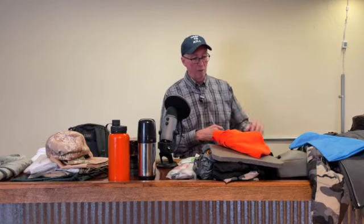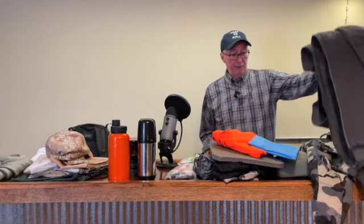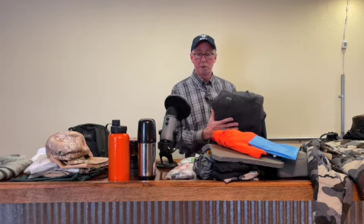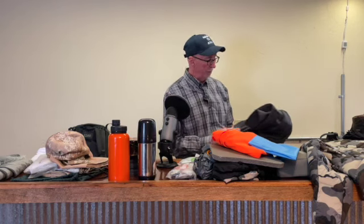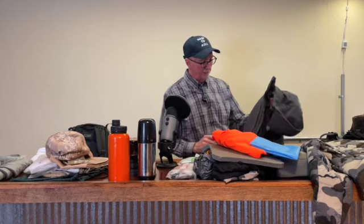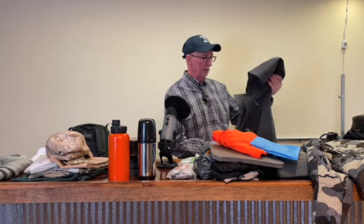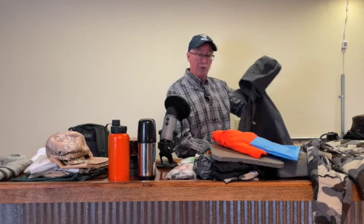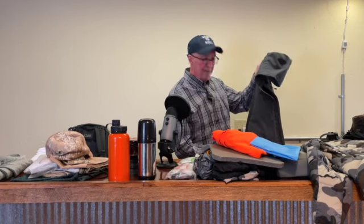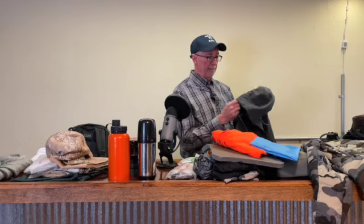covering me head to toe, and then I get to these outer layers, and this was just a great piece, and I've used this for several years. This is the Kuiu Guide jacket. I don't know for sure if this is the Guide DCS Pro. There might be some other words like this, but it was their premium soft shell for several years. And even in this world of talking about active insulation products, I really have benefited